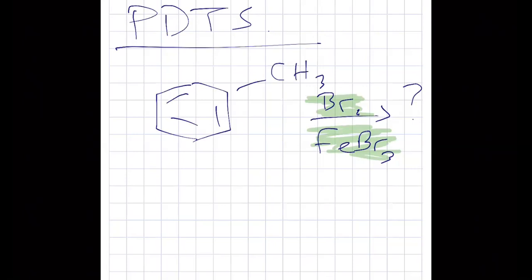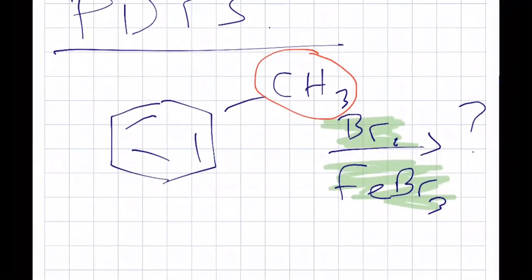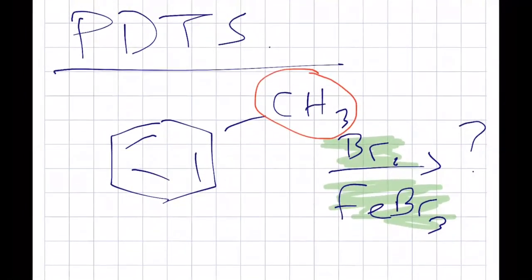And now here's the other question. If I know it's adding to the ring, where is it going to add to the ring? And that's going to be determined by what's here, right? So is the methyl group a donor or an acceptor? Acceptor? Donor. It's a donor,